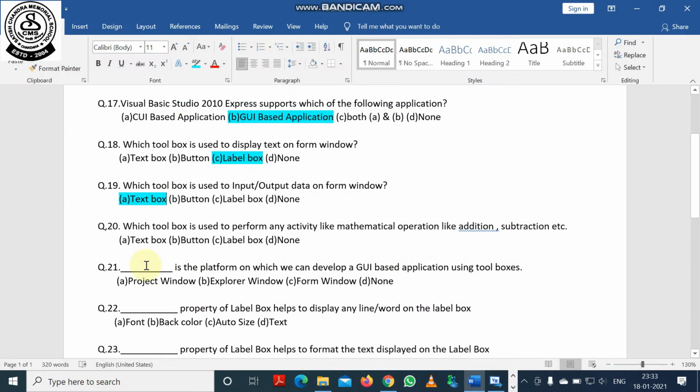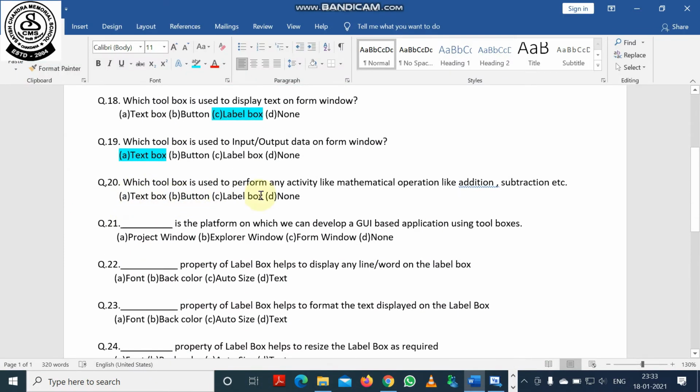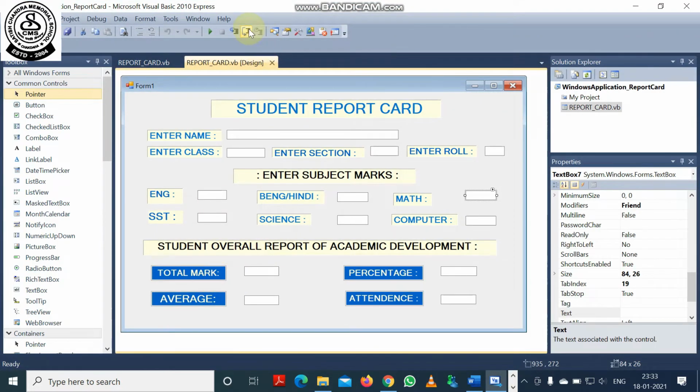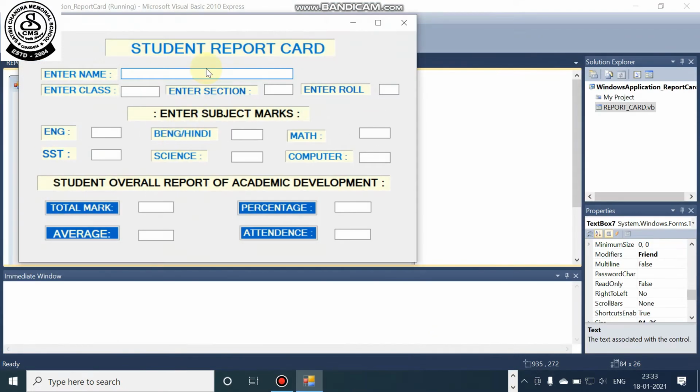Then question number 20. Which toolbox is used to perform any activity like mathematical operations such as addition, subtraction, etc.? You know that for doing any kind of activity we need buttons. If I run this program, you can see that I can give any name.